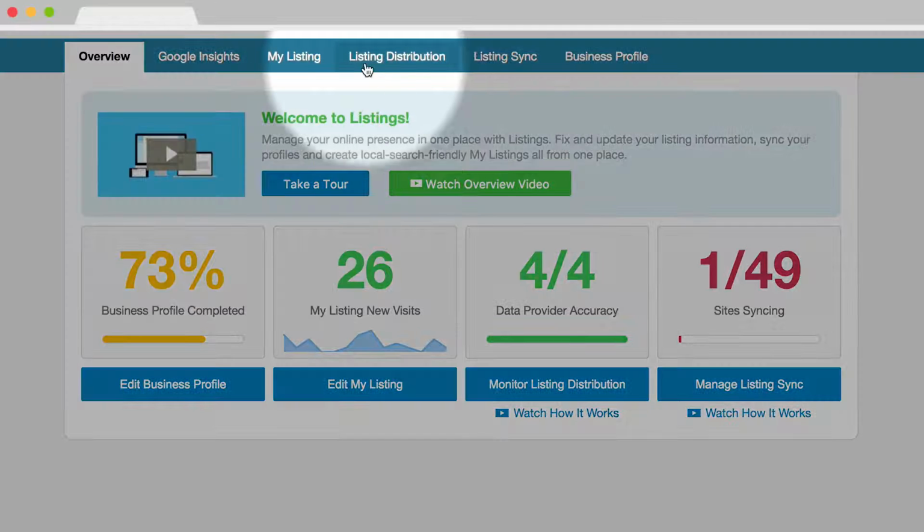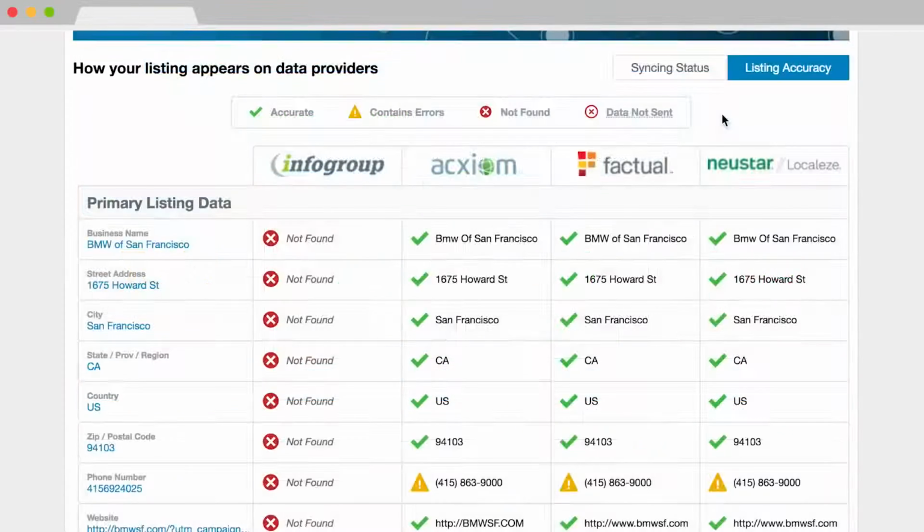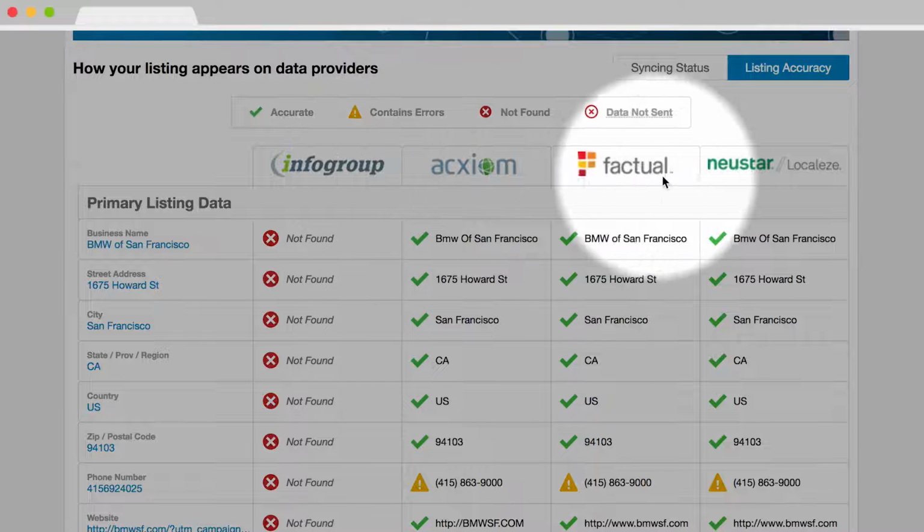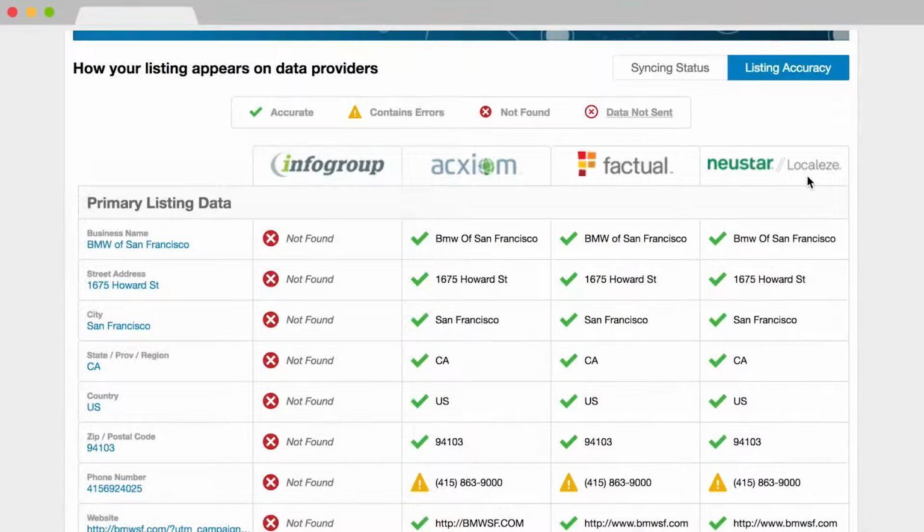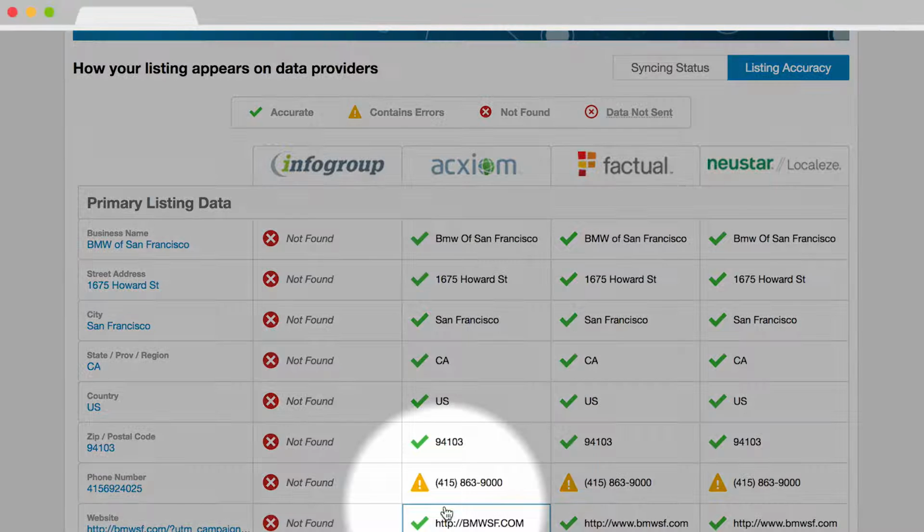Listing distribution is key in helping your business build your online presence. When you access the Listing Distribution tab, you'll see in detail how your business appears on the 4 major data aggregators: Infogroup, Axiom, Factual, and Neustar Localeze. If you notice that any of your listing information contains errors or isn't found on these providers, that should be